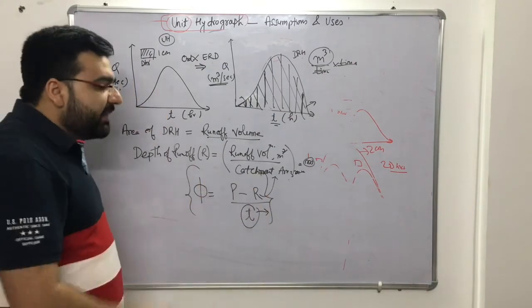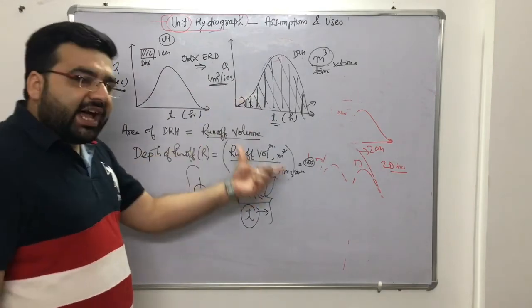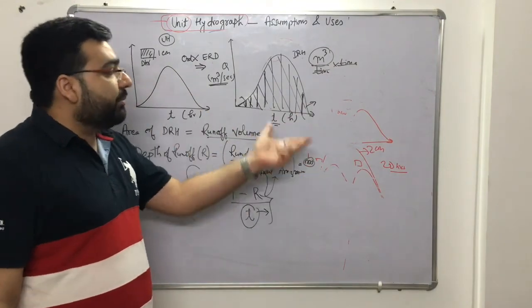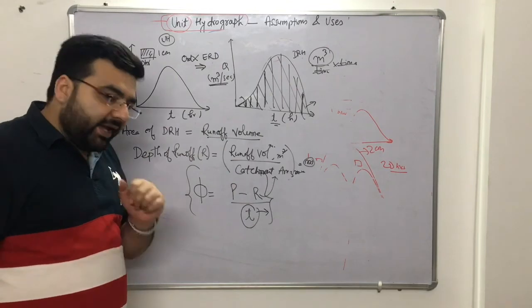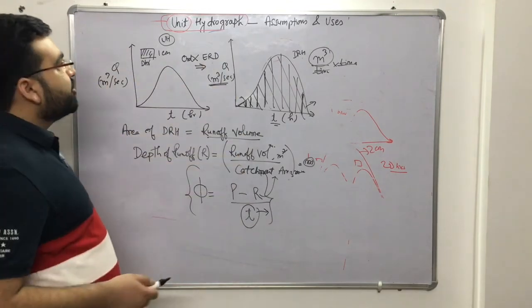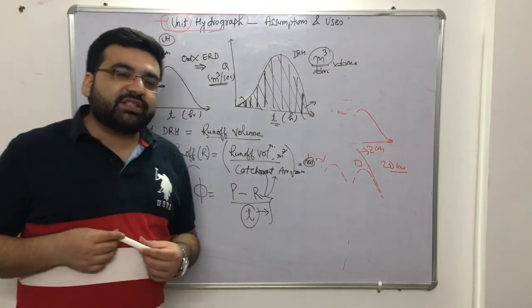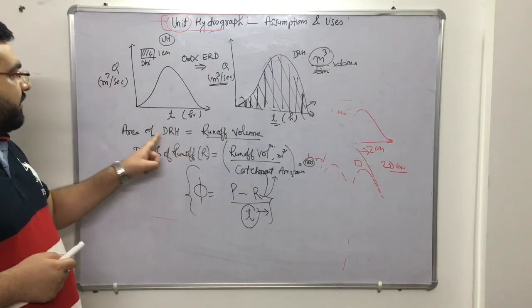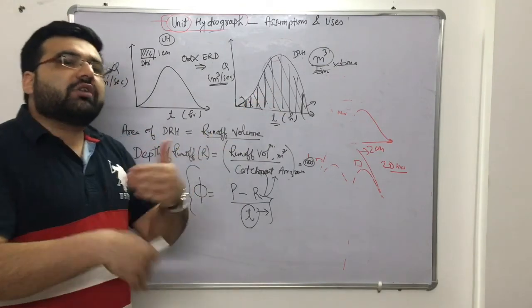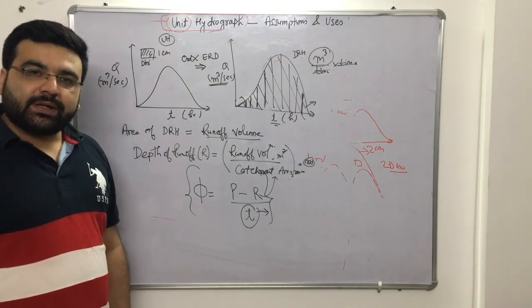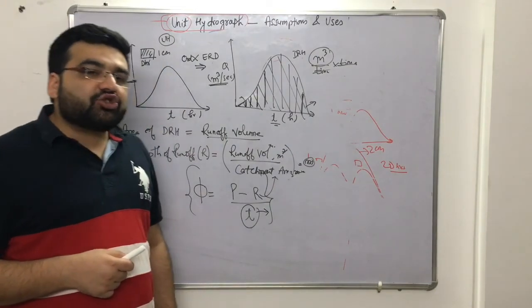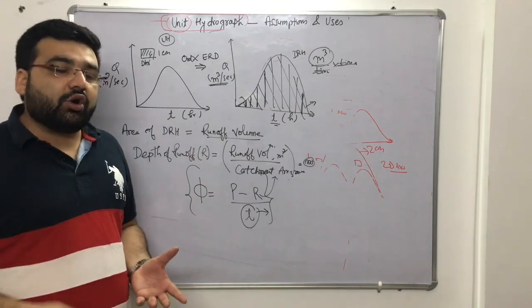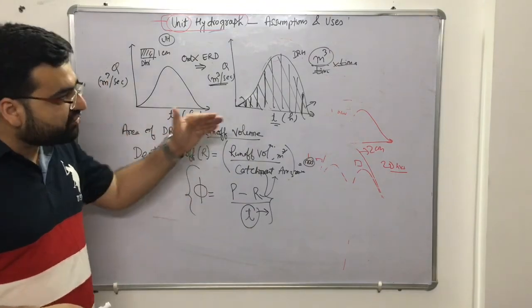We will be solving some numericals based on this topic because these questions have been asked. Whatever I have taught you till now in hydrograph, not even a single question has been asked apart from it in the hydrographs. Clear? Okay. Now I hope that you have understood the unit hydrograph assumptions and uses, why it is used, determination of phi index, determination of the depth of runoff, determination of the area of that runoff hydrograph. In a lot of things the unit hydrograph is used. Clear? Now let's move forward and solve one numerical on the unit hydrographs, and further strengthen our concepts.